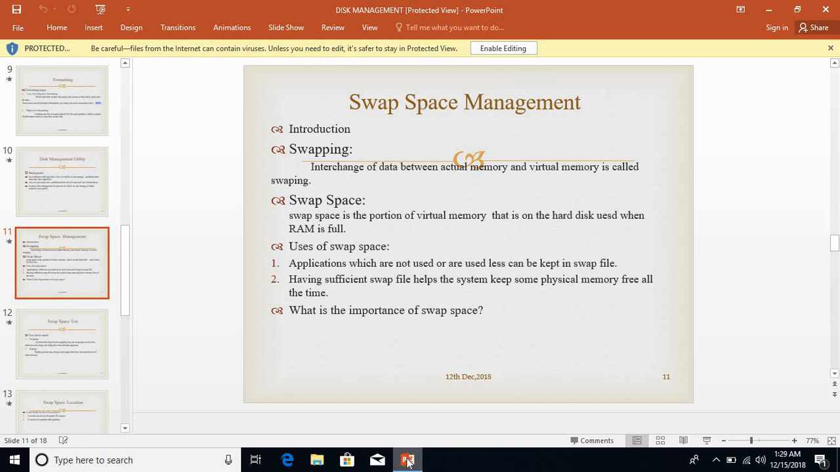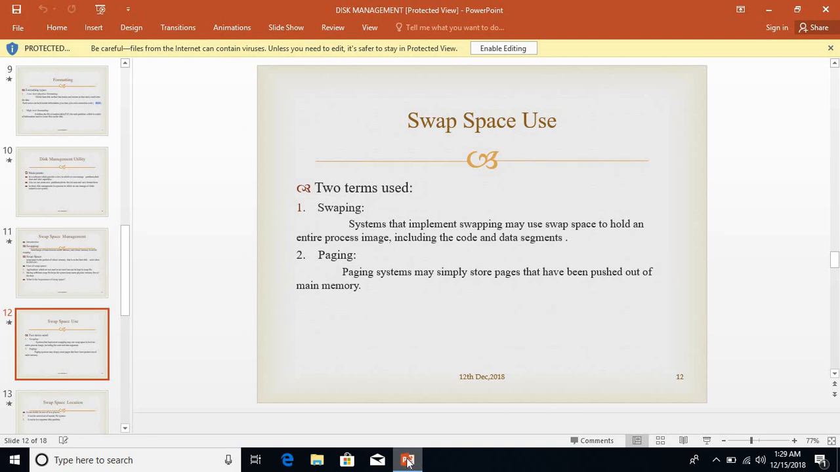Next, what is the importance of swap space? Swap space is basically used to store all data that couldn't be stored in the main memory. There are two terms used in swap space. The first one is swapping, meaning moving a whole process, including its code and data segment, from main memory into the virtual